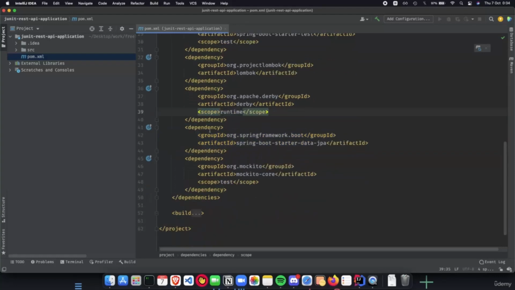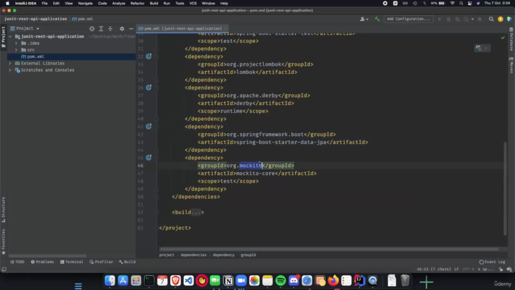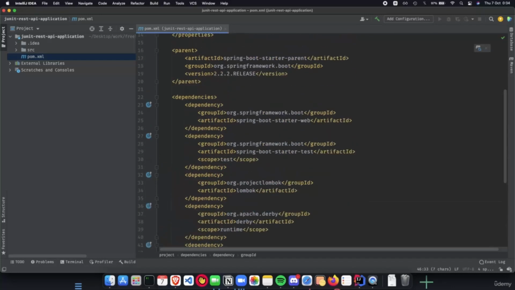And the next thing which we need is Spring Boot Starter Data JPA to have our tables ready. And Mockito is something which I want to save up for the upcoming videos, because this will require a video of its own. So now that we have all of our dependencies and everything ready, let's quickly have our API